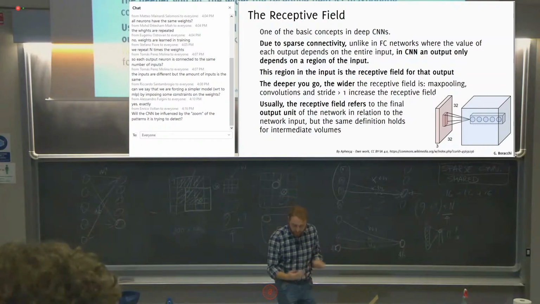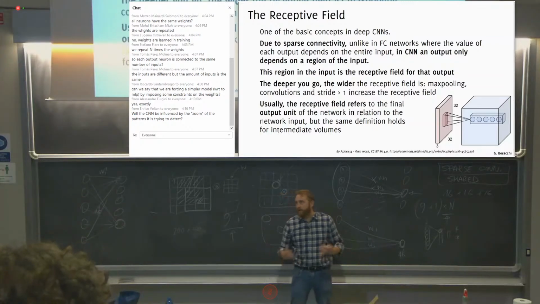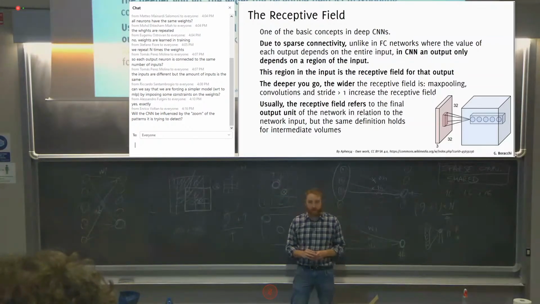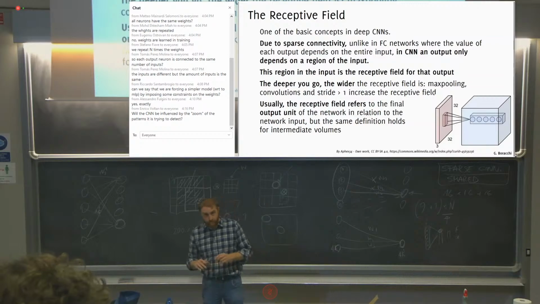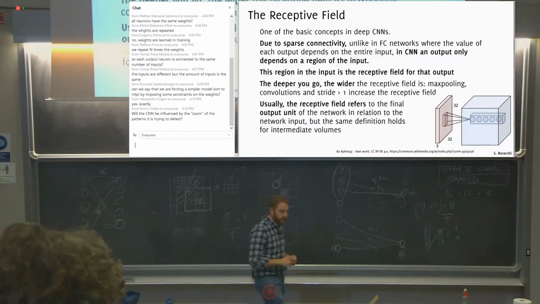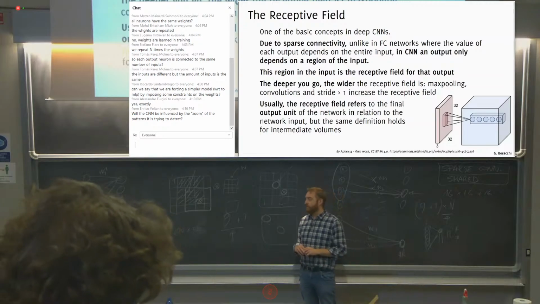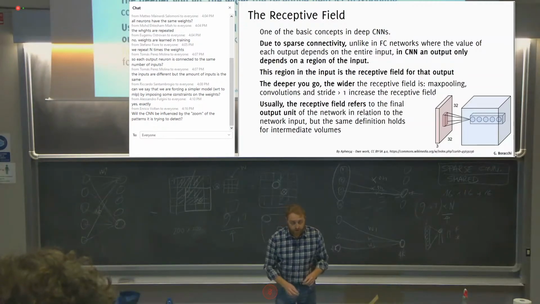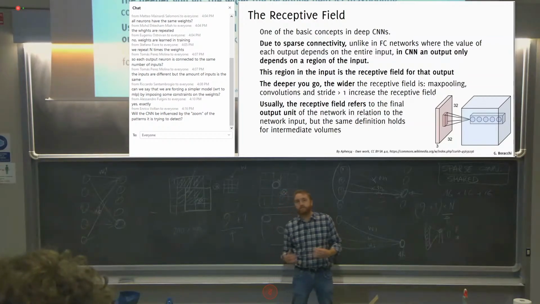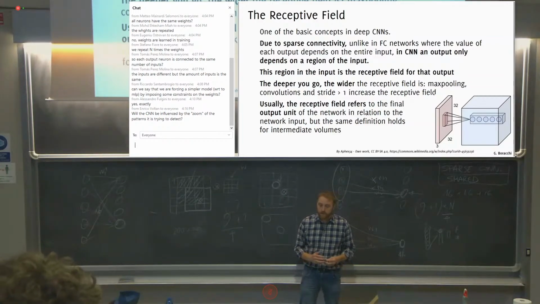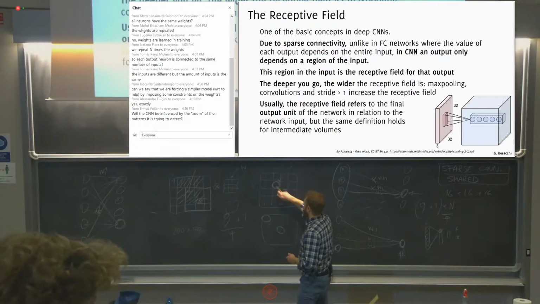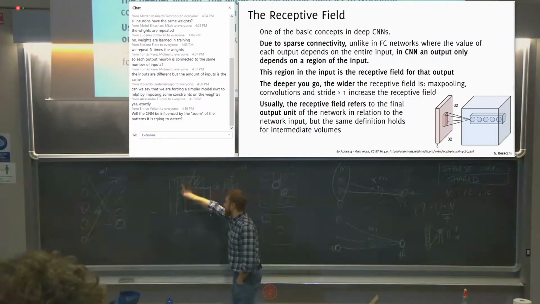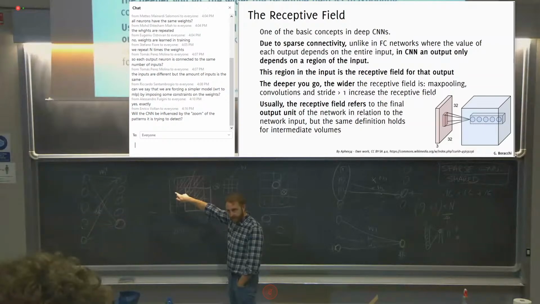Okay. These were good questions. It's important for you to really understand how this machinery works, and not just take it as a black box tool in Python. Okay? Now, let's move to another very important aspect in the convolutional neural network, which is the receptive field. So now, there is sparse connectivity. Okay? So we know that this output is only being influenced by a small portion of the input. And this is called the receptive field